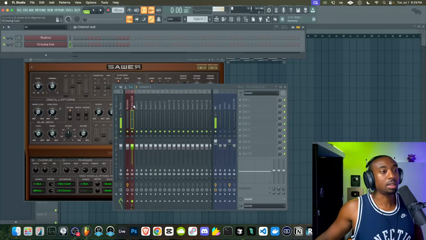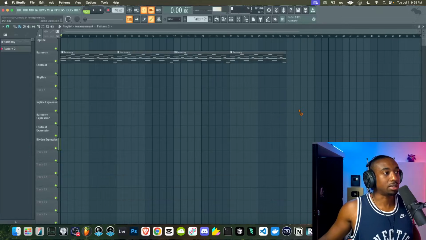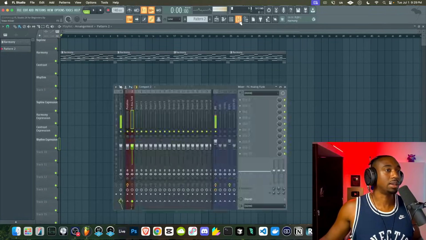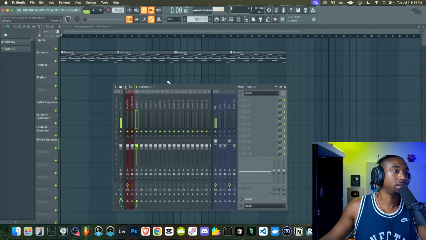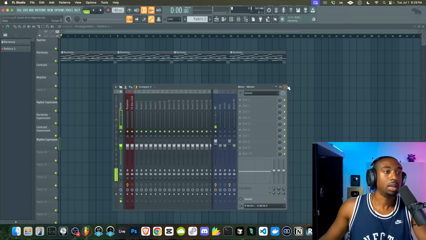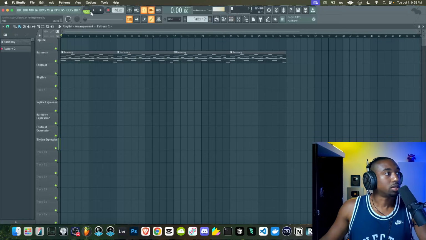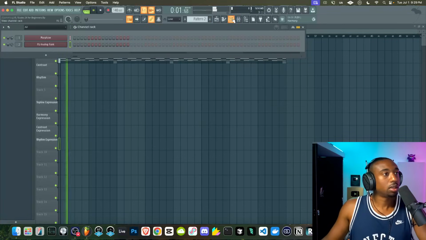So if we need multi-tracks for like when you guys sell beats or whatever, you need to make sure you can separate the individual sounds. If the sound is not sent to its own mixer channel, it will just export as the master. Therefore, they won't have access to the multi-tracks. So be sure you guys have all your sounds routed to the mixer. Let's go to song mode. Go to the channel rack.